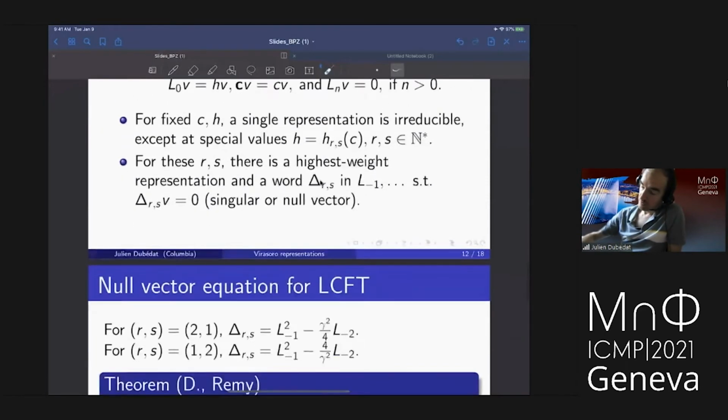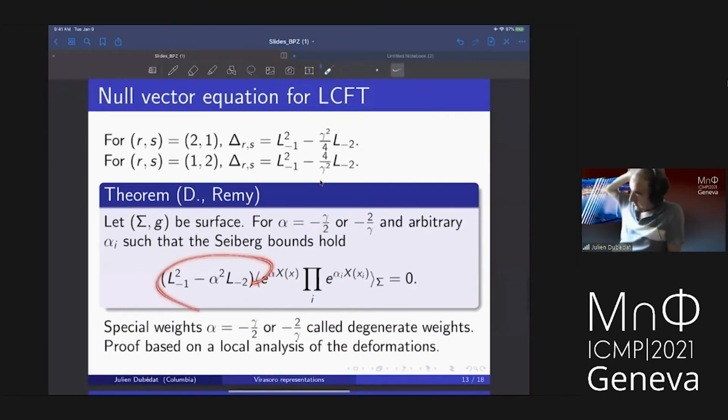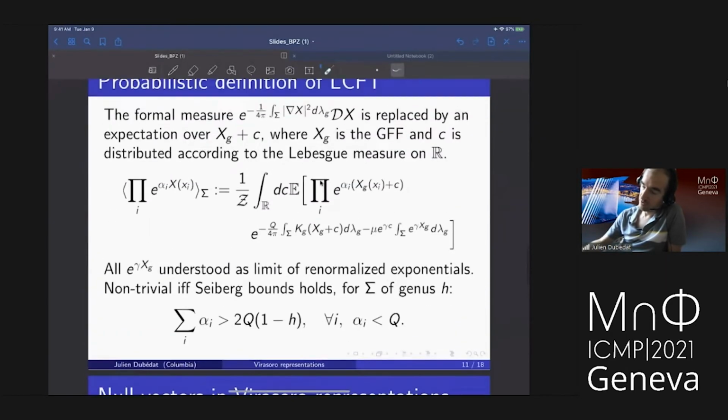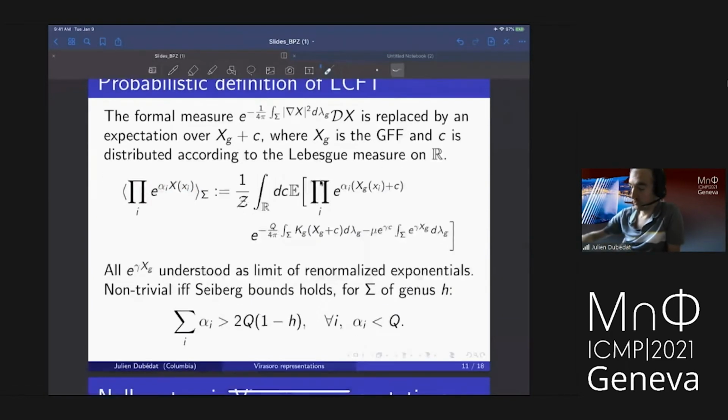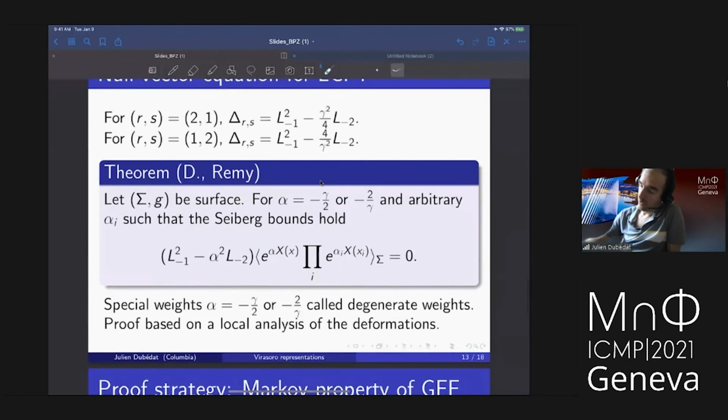So in particular, where the representation theory comes along, classically, going back to Belavin, Polyakov, and Zamolodchikov, is through so-called null vector equations. So you have some special values of your weights, so that you have this family of primary fields, and then there are basically two simplest special ones, where the weight is one of these two values, in which case,